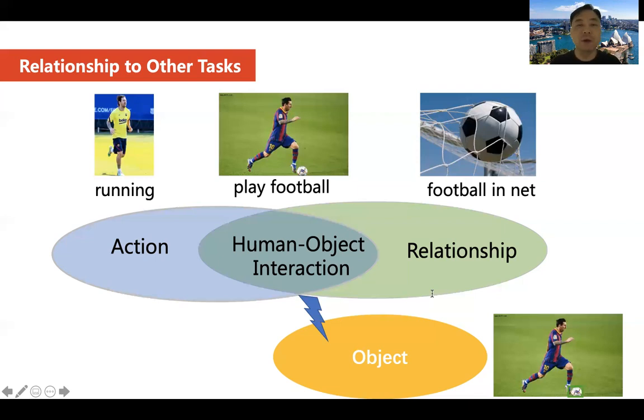For example, which part of our body can kick the football? This is useful for robots to learn how to operate the objects. For example, we can use HOI samples to teach a robot to play football. It is important for imitation learning. Besides, HOI is also helpful for small object localization and occluded objects. Small objects are easily ignored by most object detectors. However, HOI provides a useful clue for the localization of the interacting objects. For example, we can localize the football according to the pose of the player.